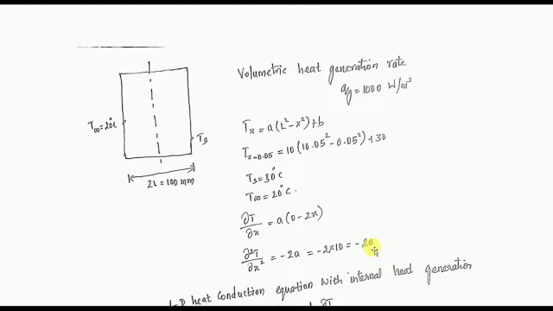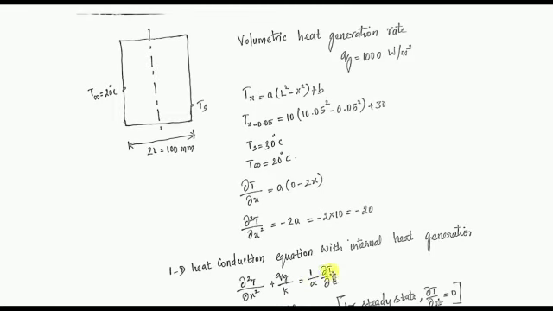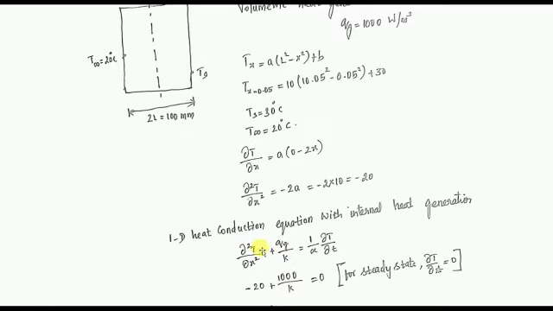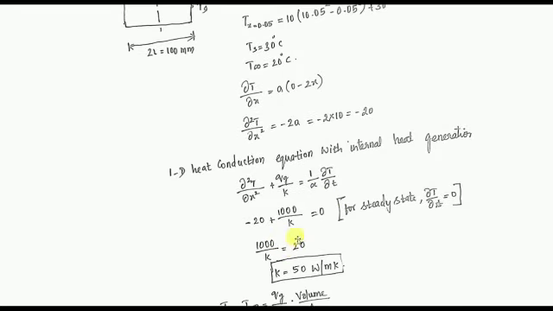Why are we differentiating this? Because in one dimension heat conduction, there is a formula. In order to use it, the profile is given and you have to differentiate two times. After you substitute this, you will get the k value, because here the Qg value is known. Here dou T by dou t will be 0, because in the question they have specified steady state. You will be getting the value of k.